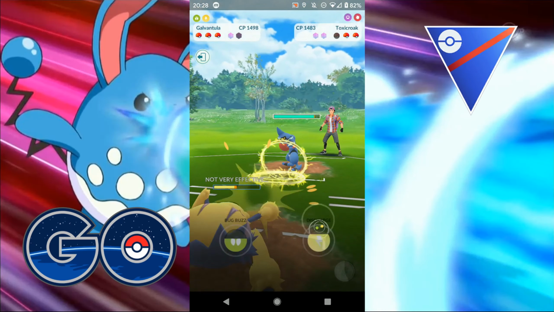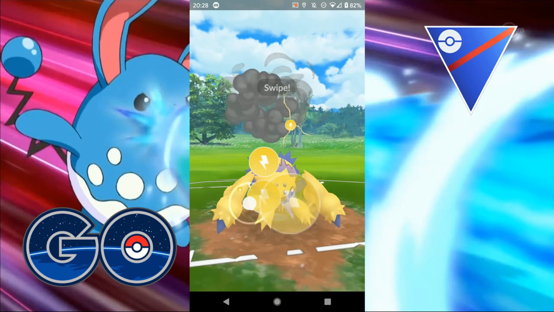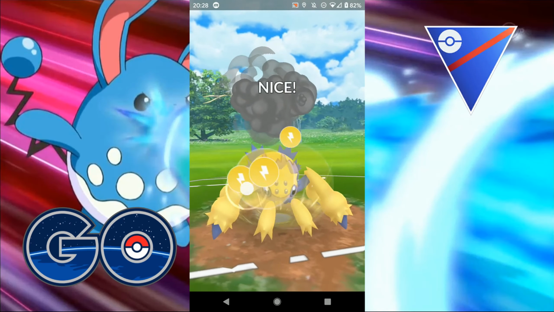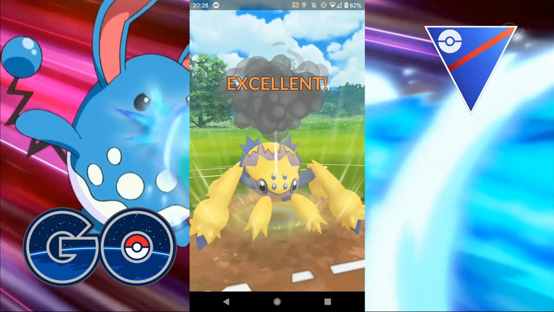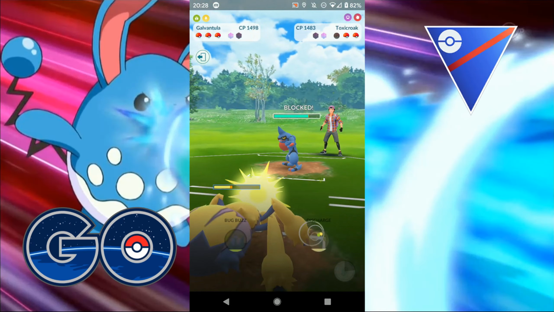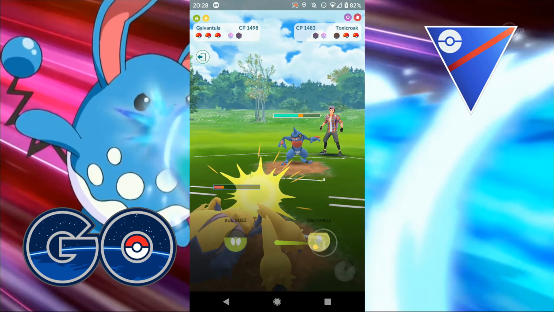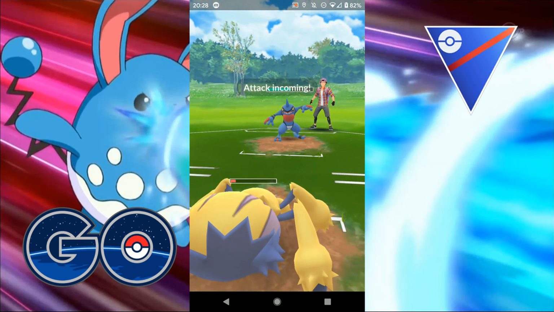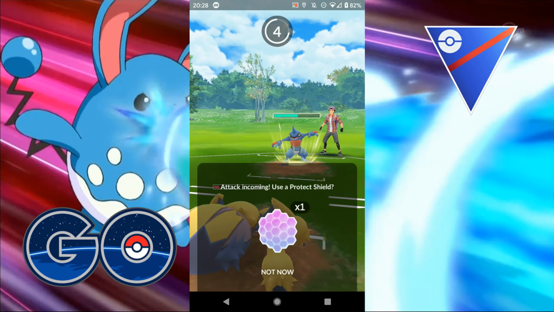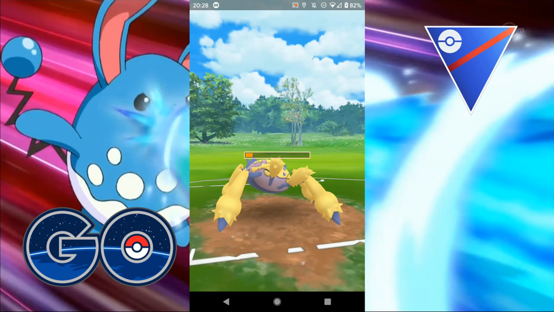It's a Toxicroak, which is fine. So I need to start putting on some shield pressure here. The Toxicroak is another good pick. Let's see. So I think what I'm going to do is let this go down if they are going to... Yep, so I have to let this go. And for this one, I'll switch into the